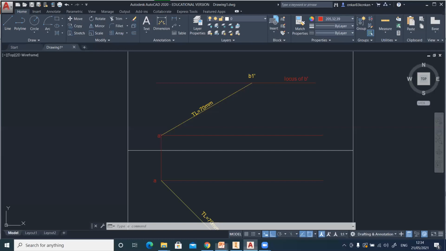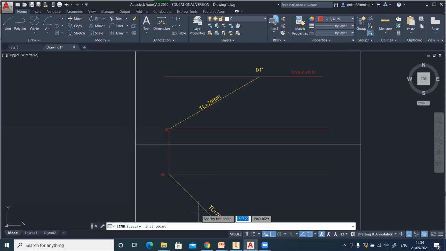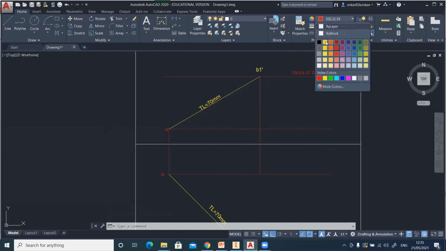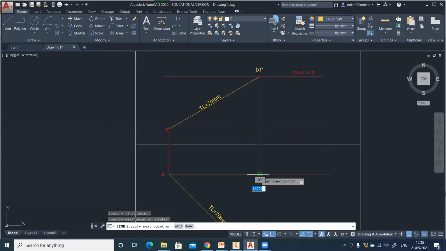So draw the projection from B1 dash on this line, that is the line passing from A. This point here is nothing but B1, that is the top view of B1 dash. So draw this line.